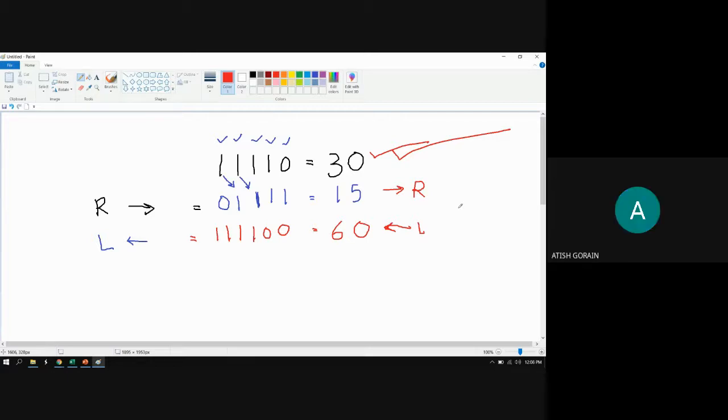Sir, in the left shift, why does one more bit get added now? Because for the left shift we should not discard this one. We should not discard this one because this is our MSB. If we just delete that one, then the purpose will not be solved. When we multiply something, good question.